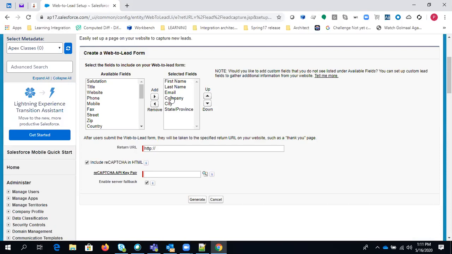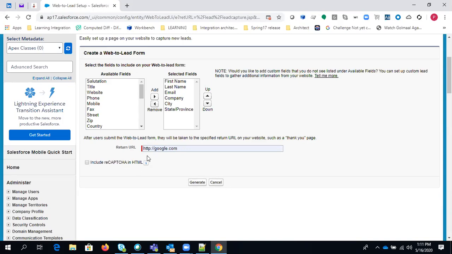In the first section, you need to select all the fields that you want to display on the inquiry page you are creating, right? After a customer provides information and clicks on the submit button, you can redirect them to another page; that URL you can give here. I'm giving google.com as the URL. CAPTCHA we are not using, because we don't have any CAPTCHA information right now, so you can skip that. Return URL, you can simply pass; I'm passing google.com, and there is a button called generate.